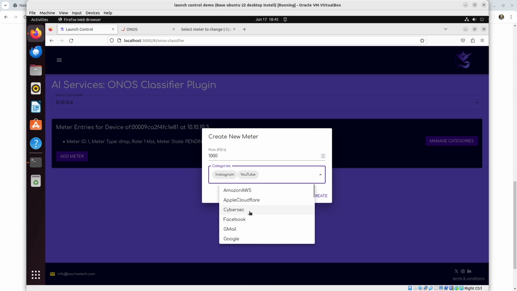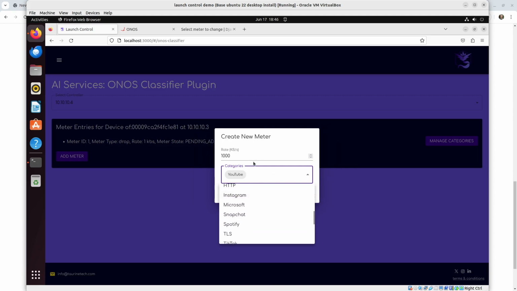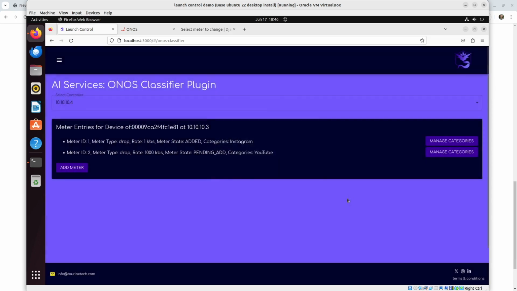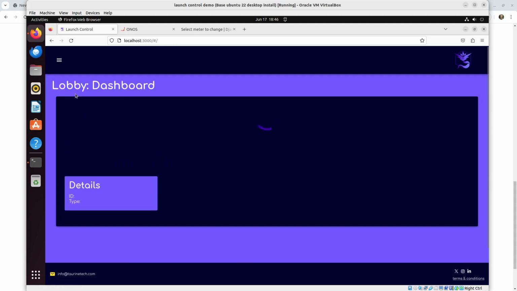So I'm going to create one for YouTube where it is limited to 1,000 kilobits per second. Now, in real time, these traffic classifications are happening, and they will be restricted to these speed limits at a per flow level. If I navigate back to the lobby and then the dashboard, we'll be able to see